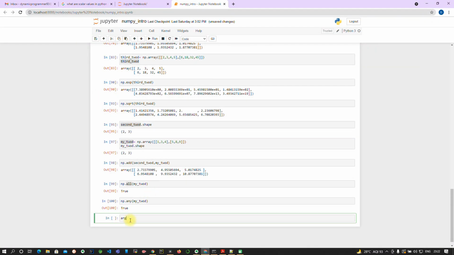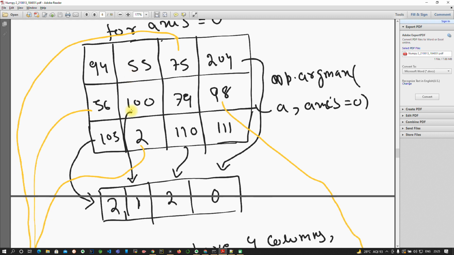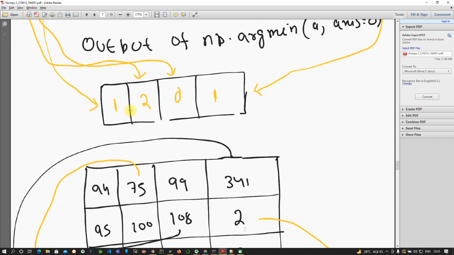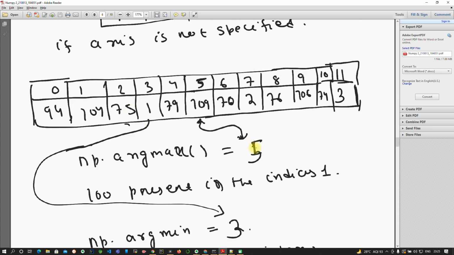We will create two arrays for better understanding, with np.array. We have created the two arrays, and we will now operate argmin and argmax on both of these arrays. First I will not specify the axis. So np.argmax: as I told you, if I flatten it, 5 is the result because 109 is present at the fifth index.